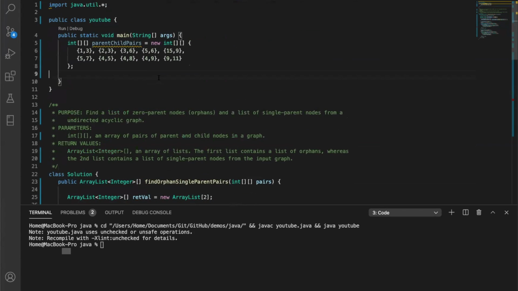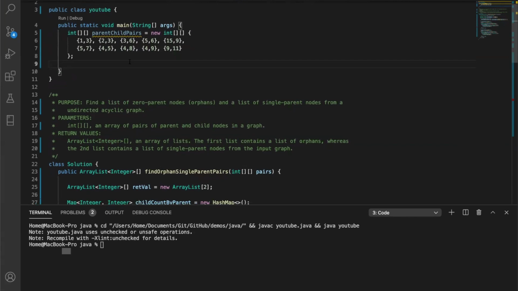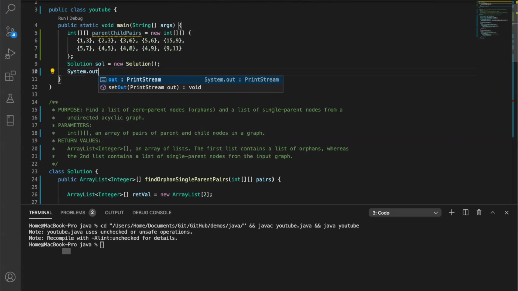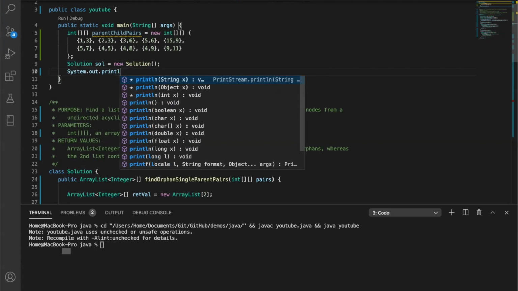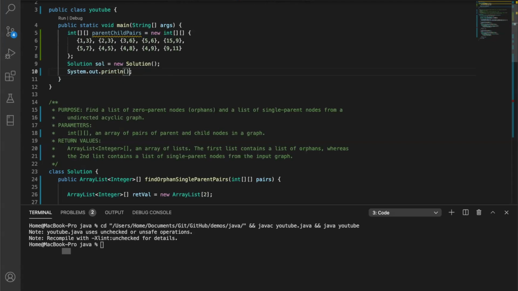Let's just write some code. This is our test code. And basically what we need to do is to create a solution class. And then we can actually just system out print line this whole thing to double check, right? So what's going to be printed is this entire 2-dimensional array. And this is the method that we want. And the input itself is parent